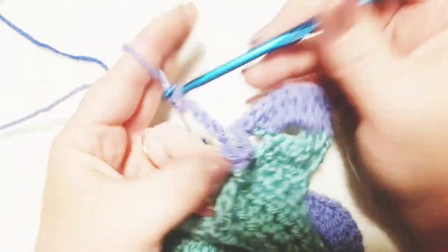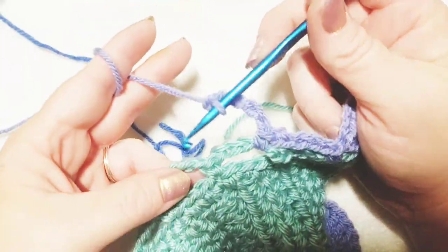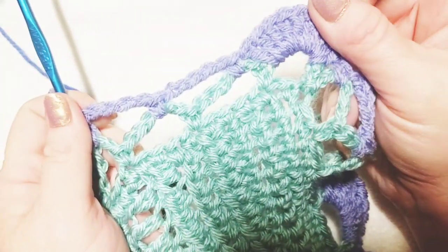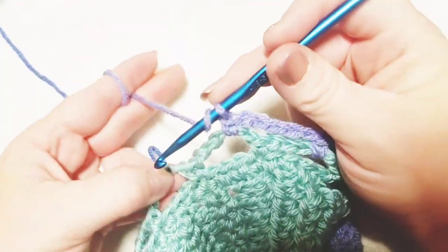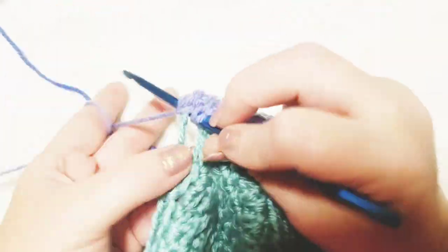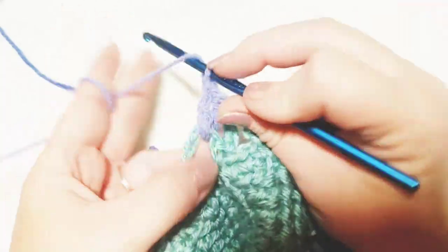And I'm going to just do a few so I can lay this down and show you what your work's going to look like. So I've got my 2 right there, shell here in the corner. I'm going to do one more shell before I lay this down to show you what this corner ends up looking like. 2,